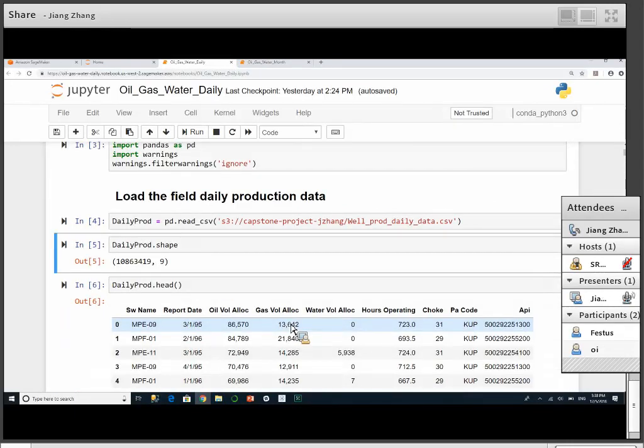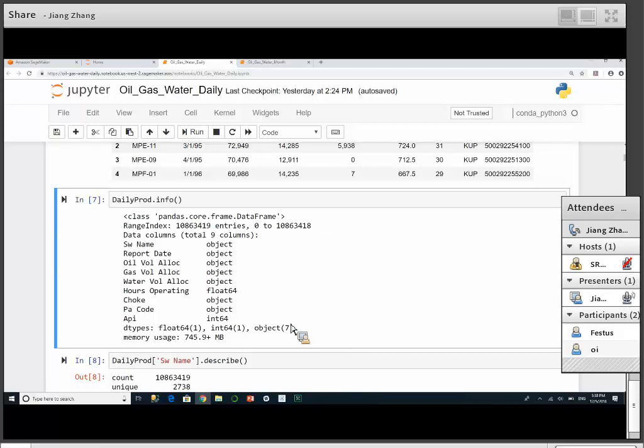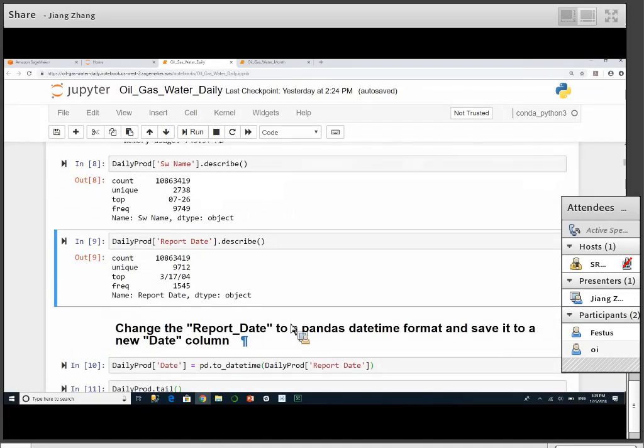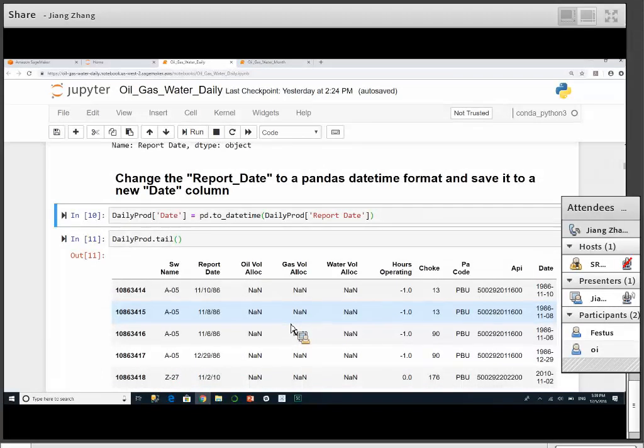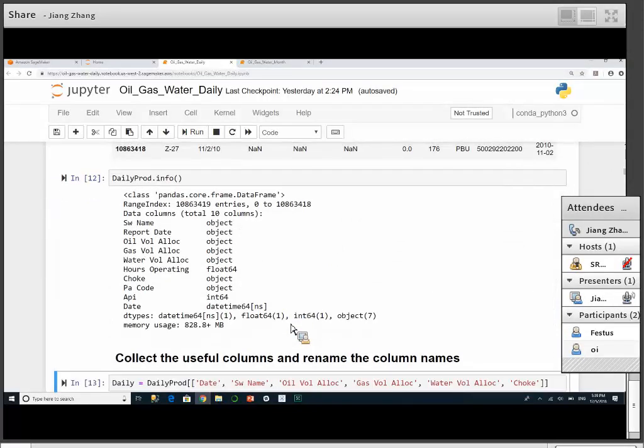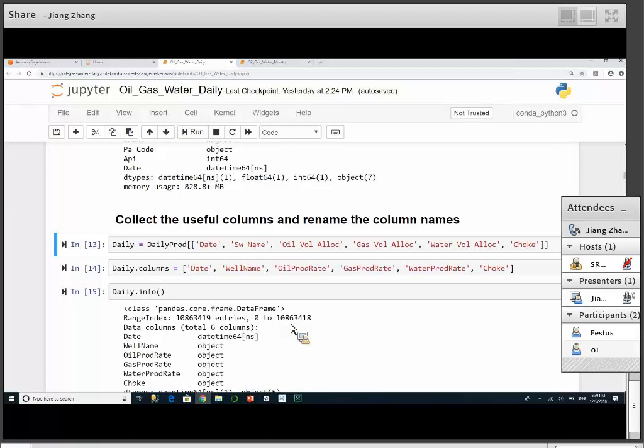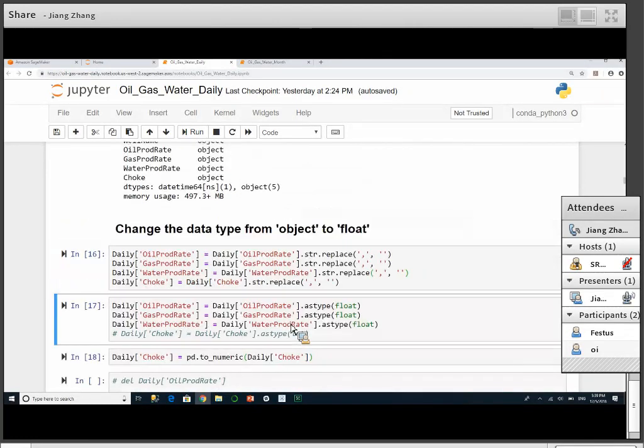You can see this data has more than 10 million records. And this is what the data looks like. You can see even though there's oil volume, they're showing as object rather than float or something. This is something you need to change, you need to clean, you know. And then here you can see I have almost 3,000 wells, and then I have about 10,000 time records. So now you change the time to the pandas datetime format, and then you got this, and then you select the columns you really need. In this case, I selected date, well name, oil production rate, gas, water. So then I change those columns from object to float,